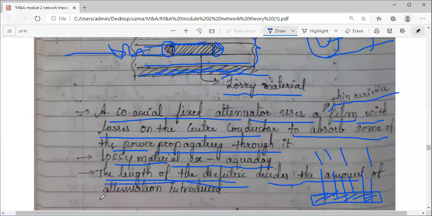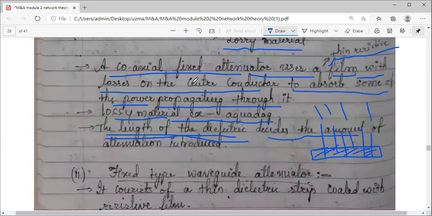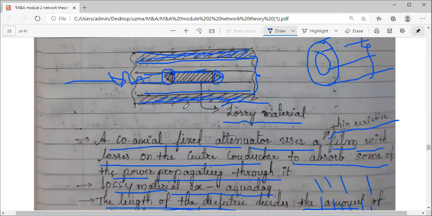So the length of this dielectric will decide how much attenuation is introduced, just like exposure to rain decides how much water is absorbed. So the greater the length of your dielectric, the greater the attenuation introduced. It's very simple. The coaxial line fixed attenuator is very simple. Just take a resistive film, and it will be kept on the central conductor.